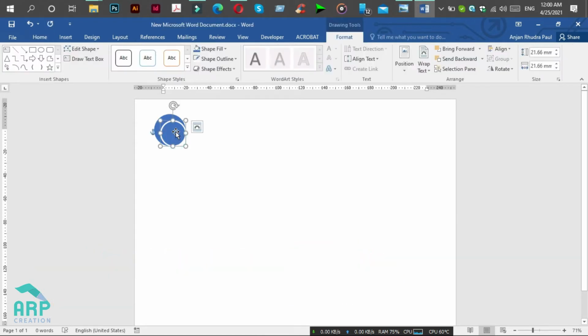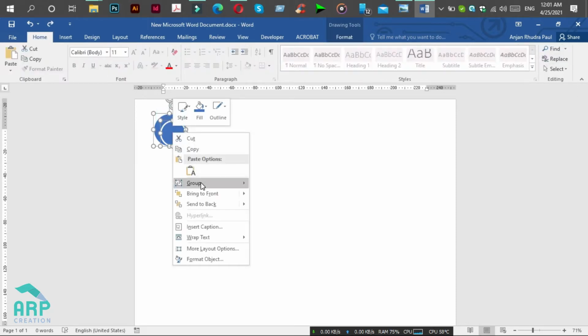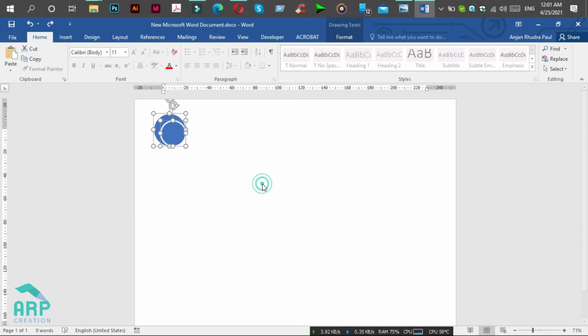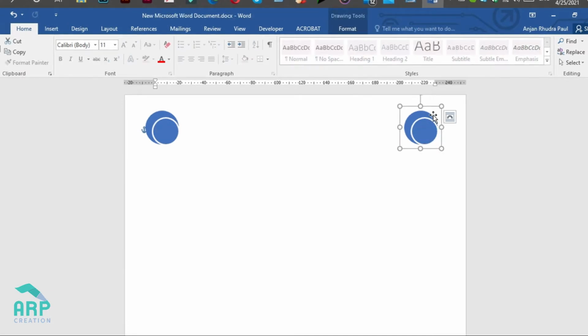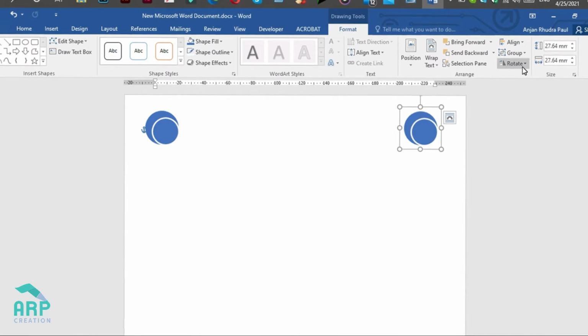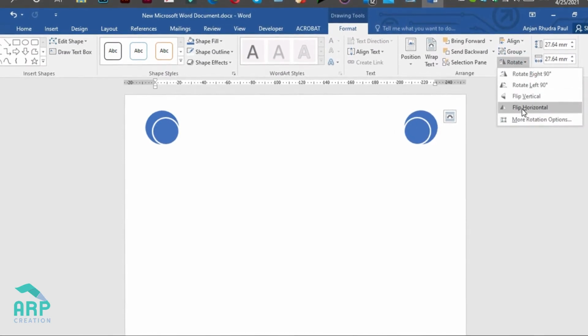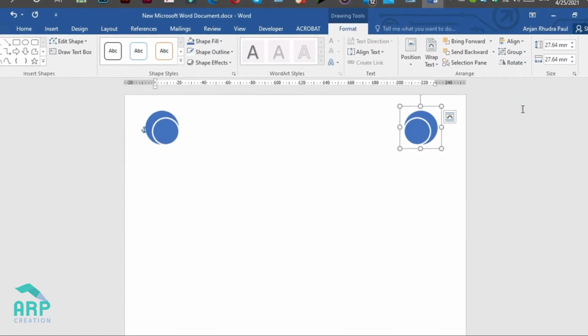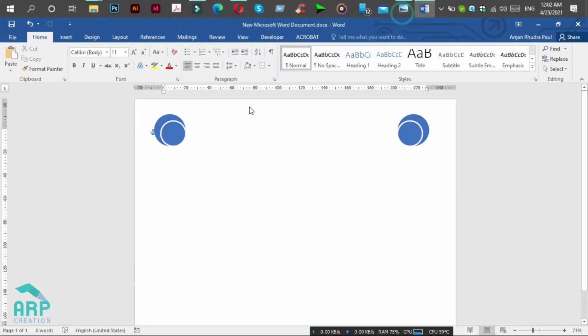Select these two shapes by pressing Shift on the keyboard, then right-click the mouse, then click on Group. Now we'll duplicate this, press Ctrl and hold and move this to the right side, and change the rotation to flip horizontal. Okay, perfect.